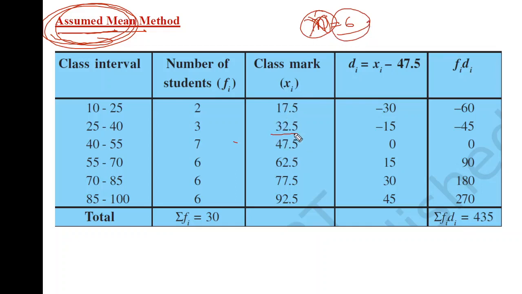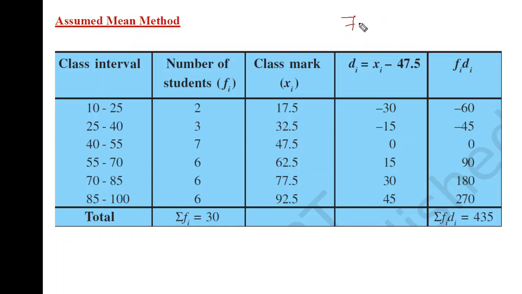We can assume this one or this one as mean. So we can take 6 by 2, that is equal to 3. So you can take the third term: first, second, third, this one, 47.5. Or you can assume the fifth term or fourth term also, there is no issue. You can assume any of the terms. So you will assume the third term. Suppose there are 7 terms, so 7 by 2 is equal to 3.5. You can take 3.5, the next number will be 4. So you can take the fourth term as the assumed mean.